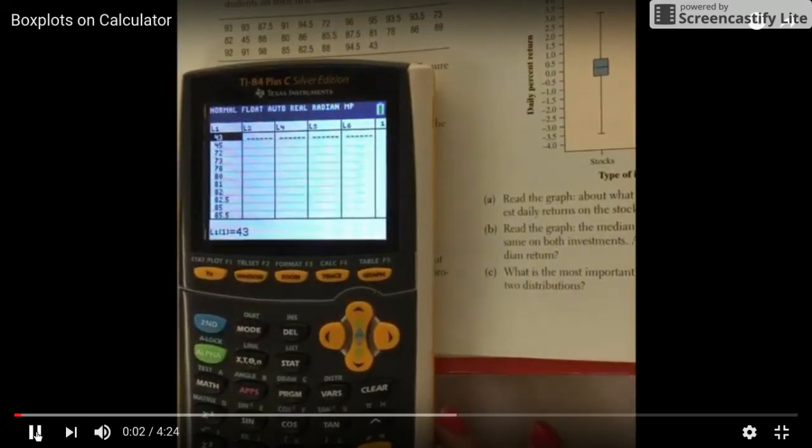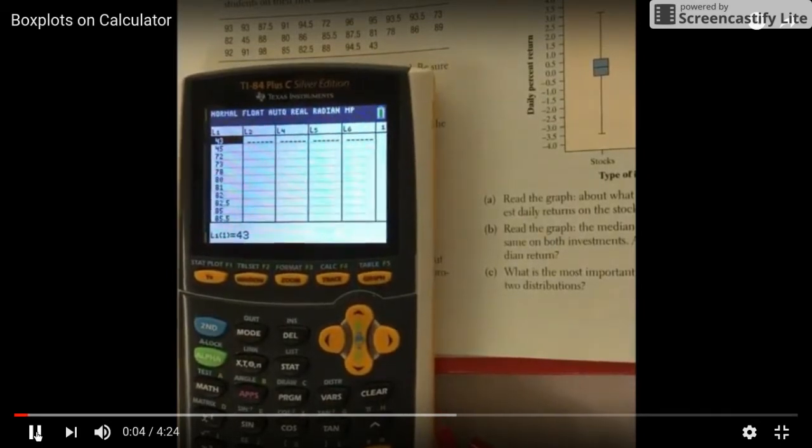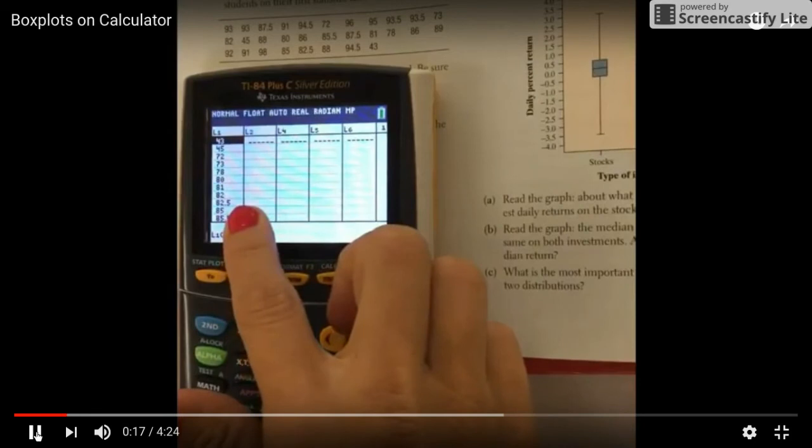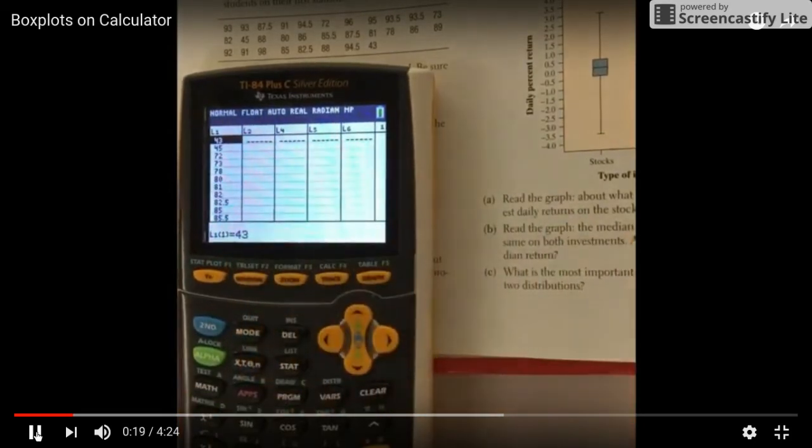I'm going to continue on using the data from problem number 92 in your book. It's on page 70. We're going to use the data to help us make a box plot. We'll also take a look at a histogram as well. If you remember from what we did before, I have the data, we sorted it out, so it's in numerical order. We already looked at our 5-number summary, so we would have an idea, we can definitely make it by hand. But so you can get those quick